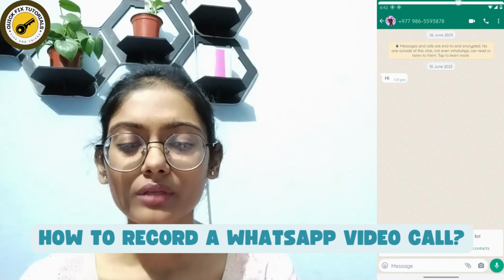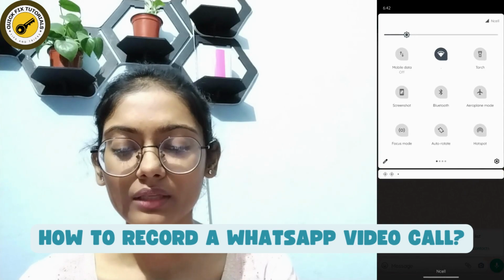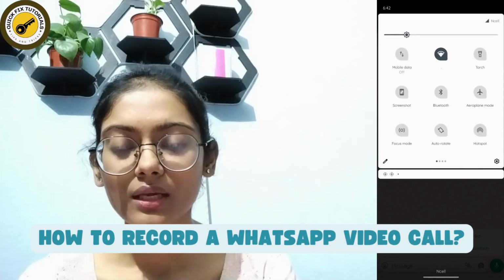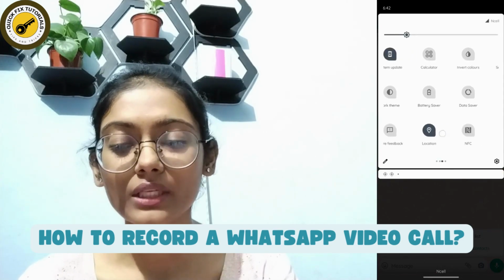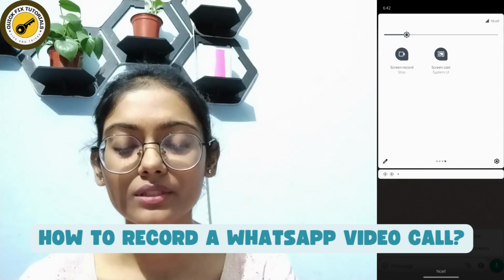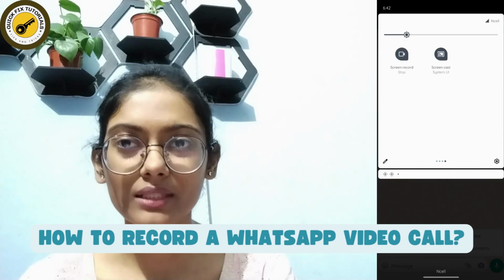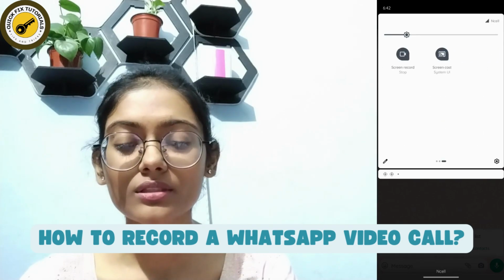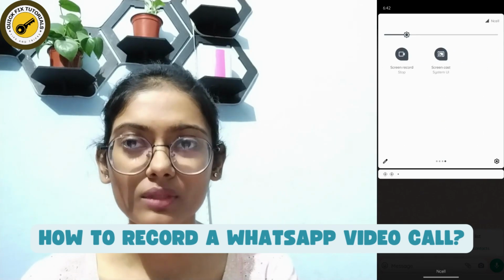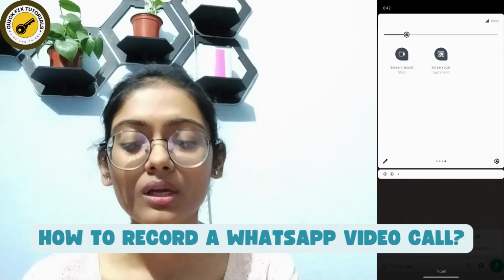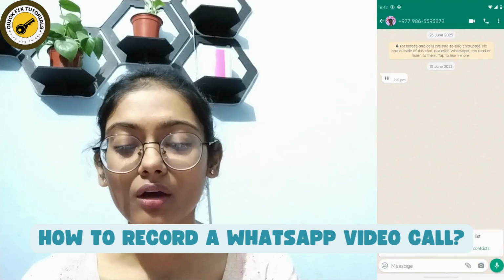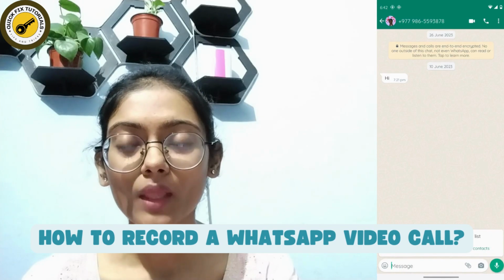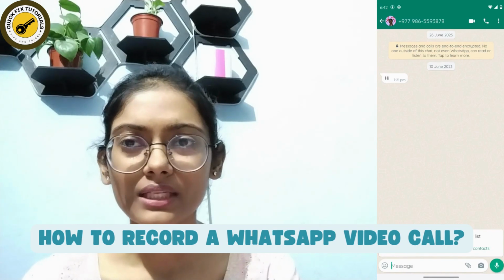is you can simply scroll down, like scroll to the bottom side, and here you will have a screen record option. You can simply go for screen record, and you have to simply start the screen recording. And under the screen recording, you have to do some settings so that you can record your voice also. And after starting your screen record, your call will be recorded, and after recording, you can simply take that time